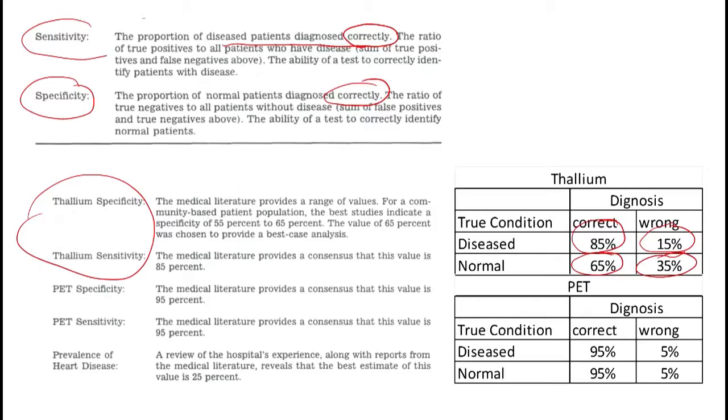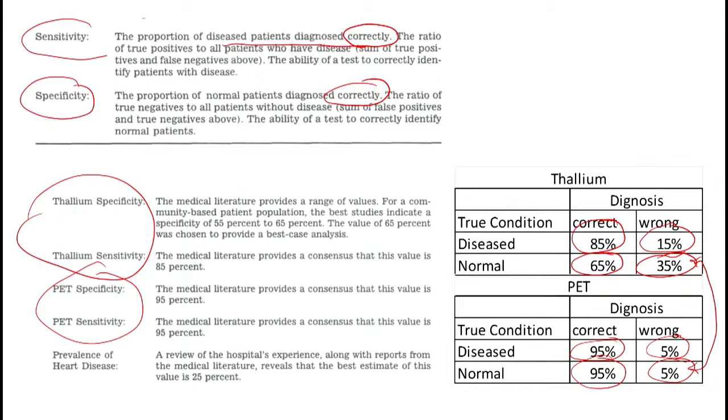When we go down here to the PET scanner, if you're diseased, it is going to be correct 95% of the time in sending you to get the catheterization, and wrong 5% of the time. If you're normal, it's going to correctly identify you as normal 95% of the time, and 5% of the time it's going to send you to get a cardiac catheterization even though you're normal. So the key thing here when you compare the thallium and PET scanner, just in terms of